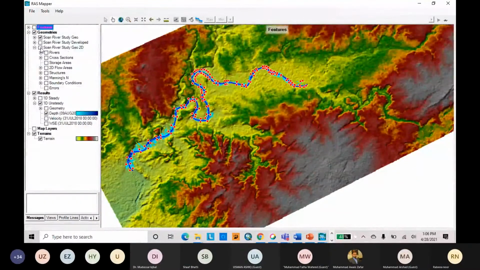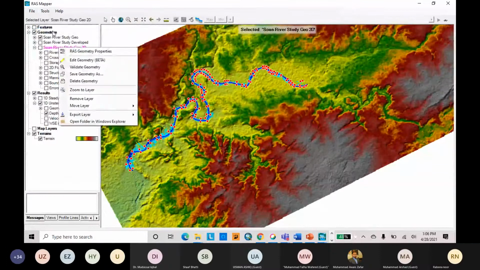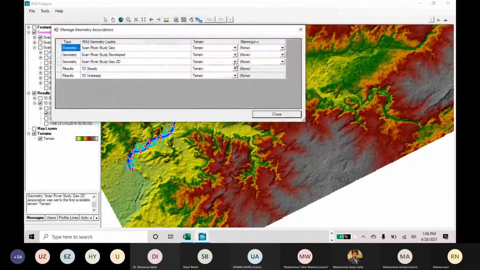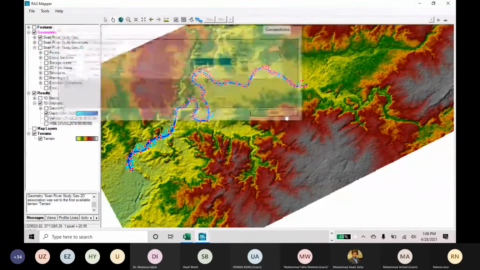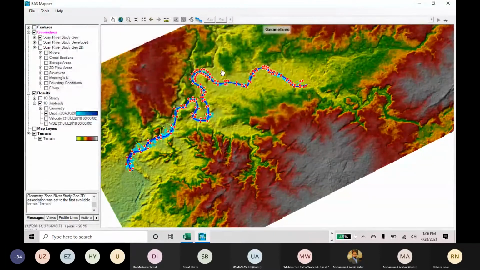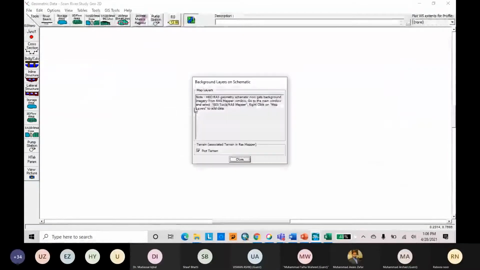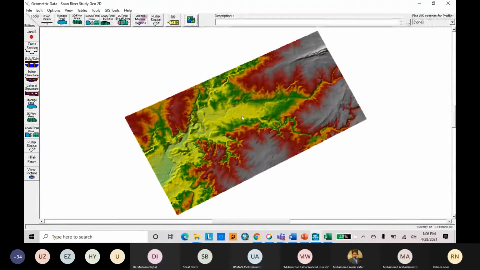Here is the 2D. Okay, now we have seen the terrain data associated with our 2D geometric data.